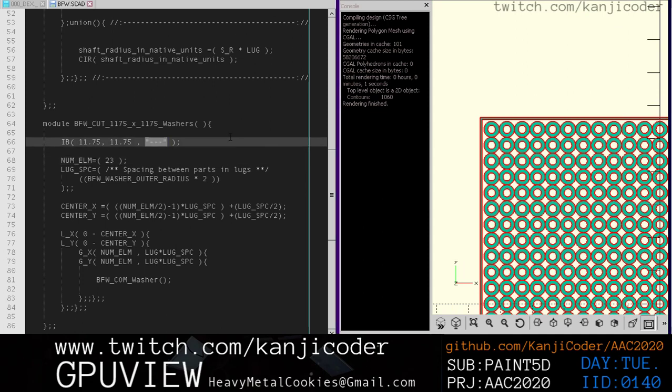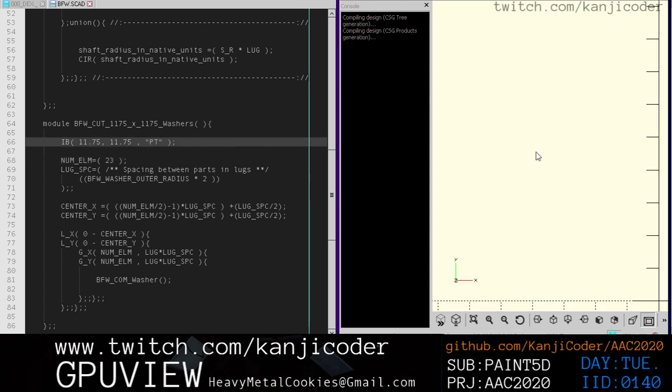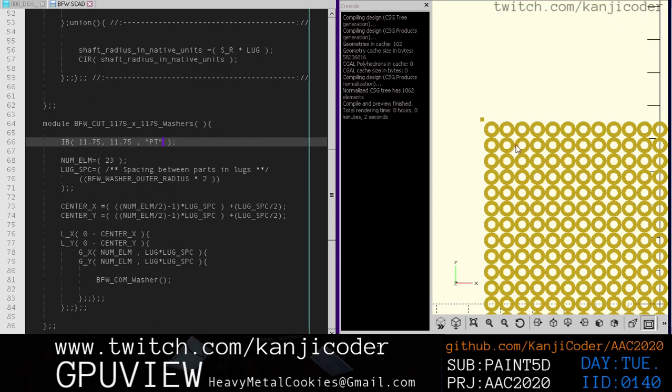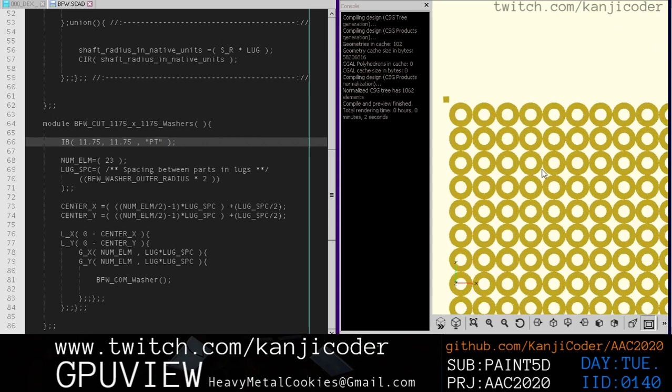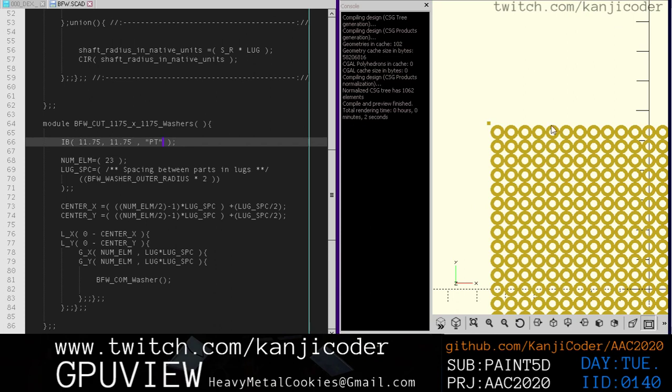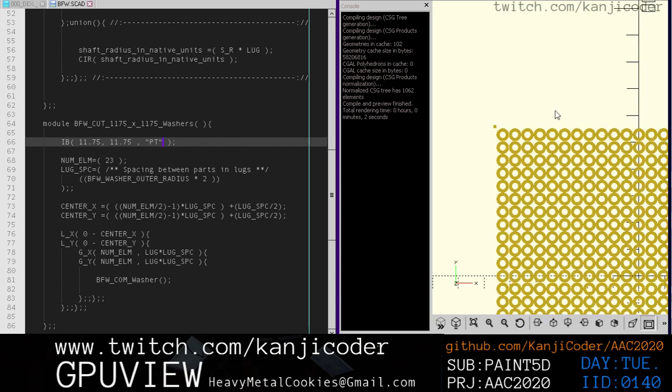So what we're going to do in here is say PT for point. And now we're just going to cut little squares. Instead of cutting that big rectangle, we're just going to cut a little square right here and a little square on all of the bounds. So this will be cut out of